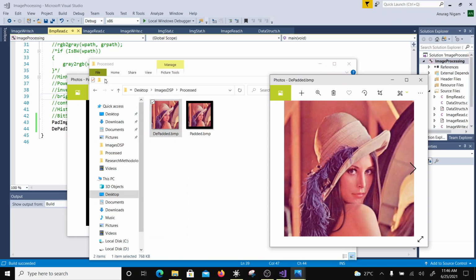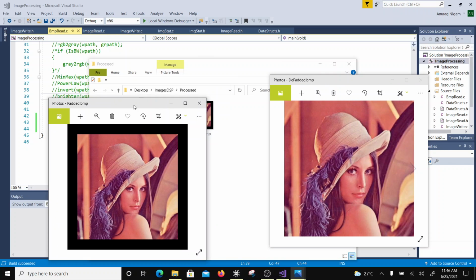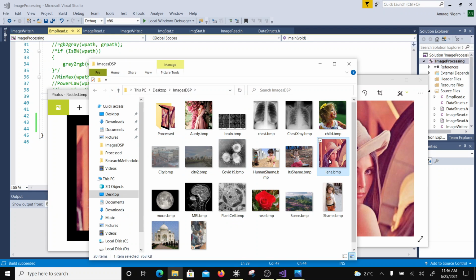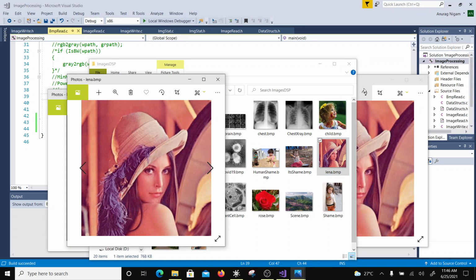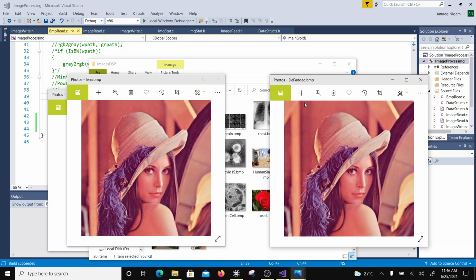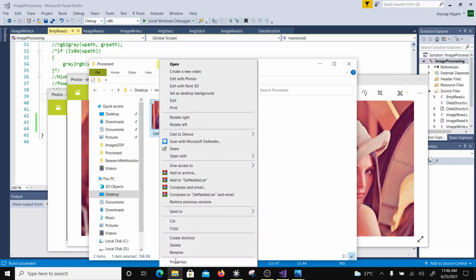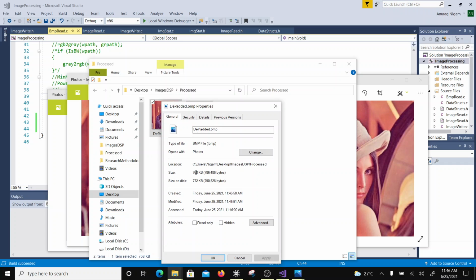Okay, so this is the depadded one, this is the padded one, and then let's look at the original one. So the original one is over here, and original and depadded are the same. Now if you want to really see whether they are the same, you can go here and look at its size. It's 768, right? If you do properties, okay, so it will be